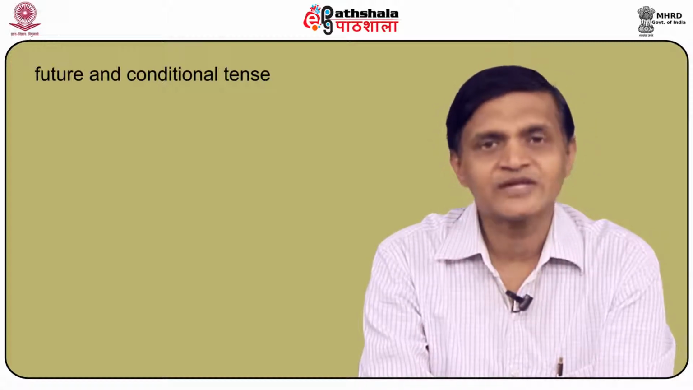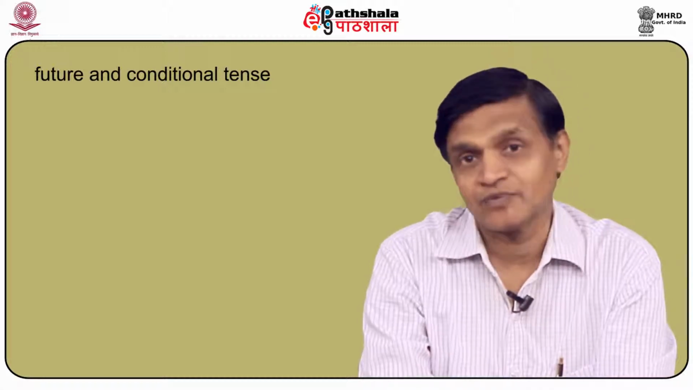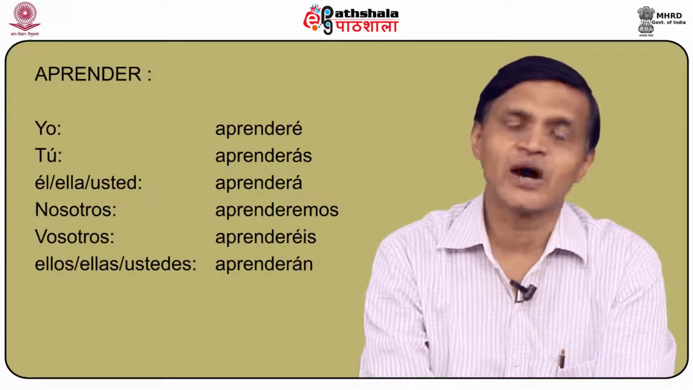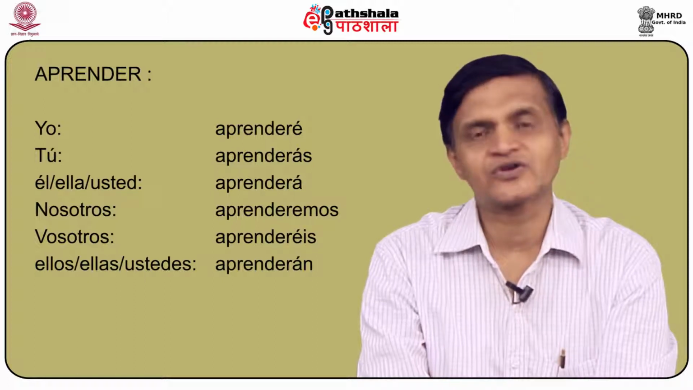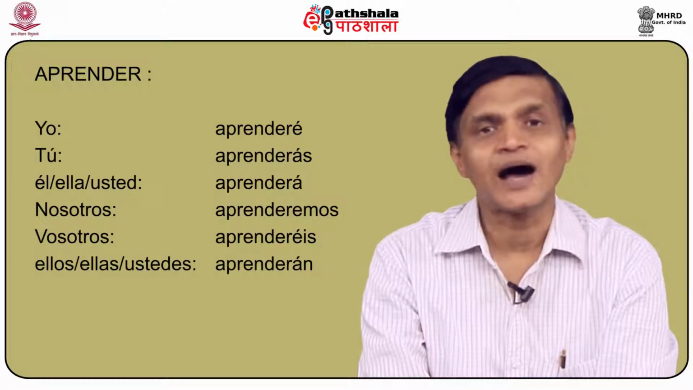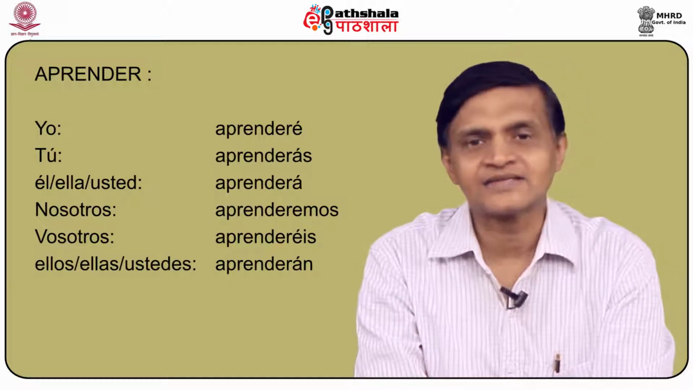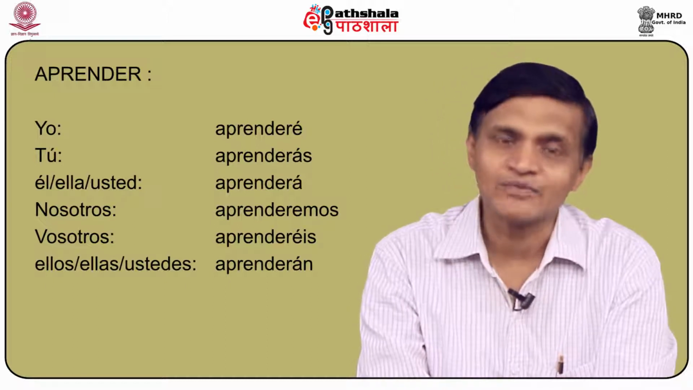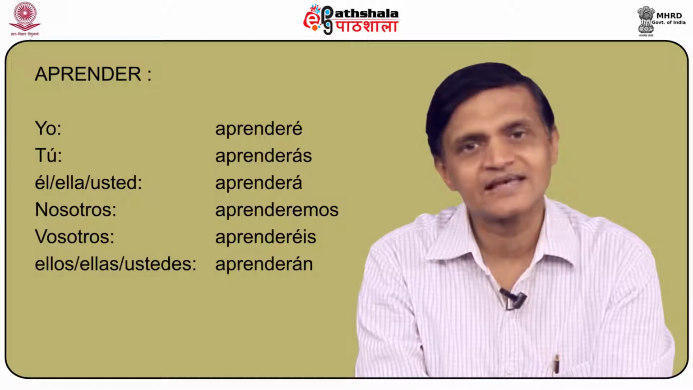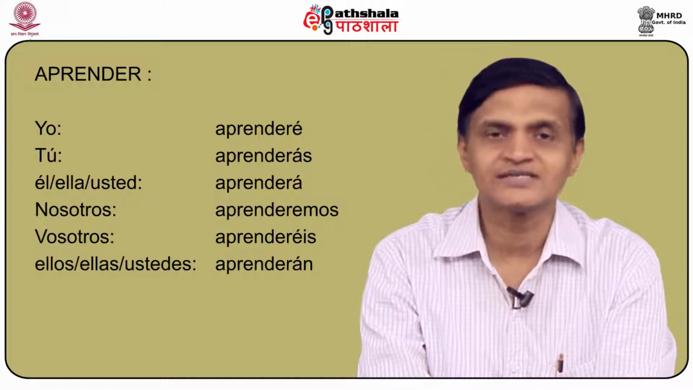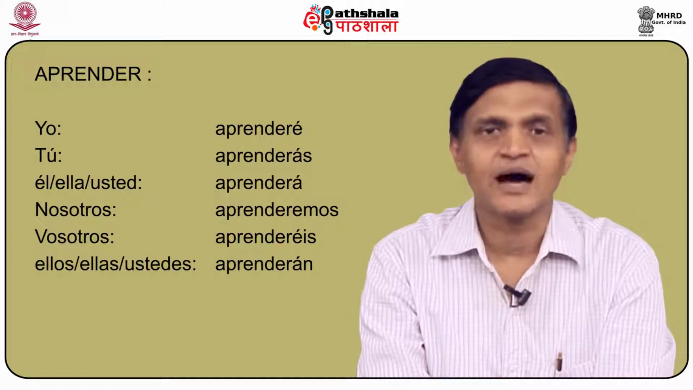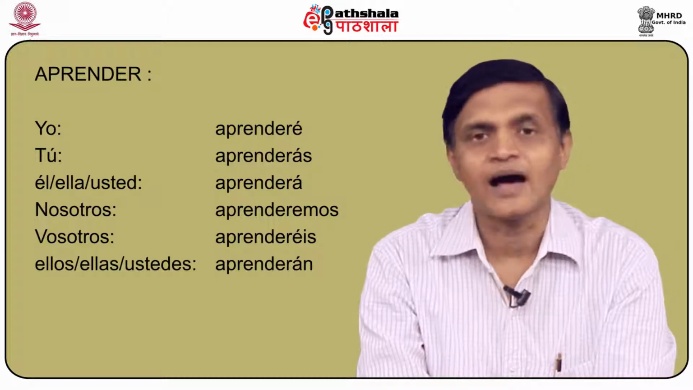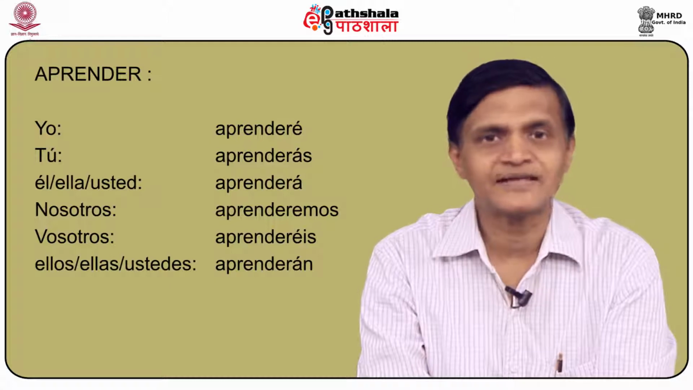The first verb that we would like to discuss today is a very important verb because that's what we are doing. We are aprender, learning, right? So how do we conjugate aprender? In the future, we conjugate aprender as yo aprenderé, tú aprenderás, él, ella, usted aprenderá, nosotros aprenderemos, vosotros aprenderéis, and ellos, ellas, ustedes aprenderán. I repeat, aprender, to learn, is conjugated in the future as aprenderé, aprenderás, aprenderá, aprenderemos,